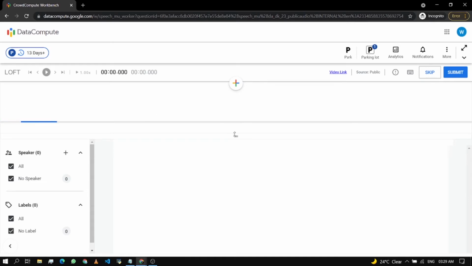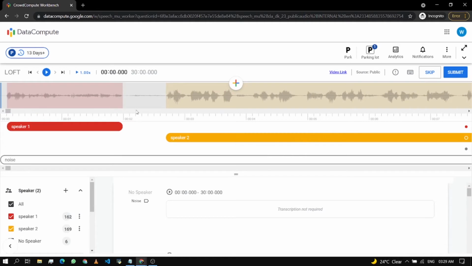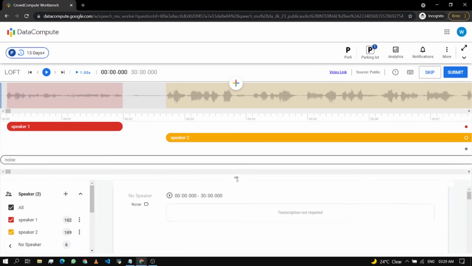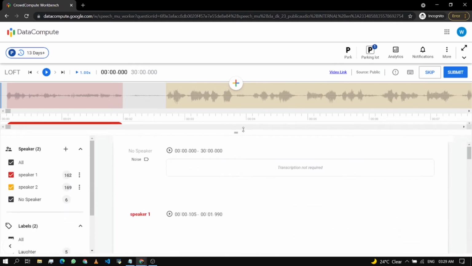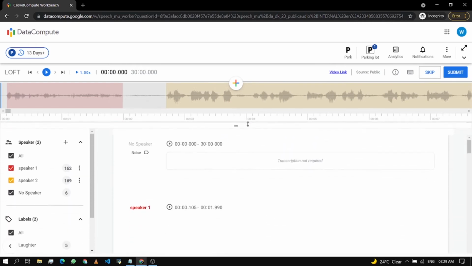It depends on the speed of your computer and the capacity of RAM in your laptop or computer. Remember that you cannot access Loft 2.0 platform from any other device except from a laptop or a personal computer. So as you can see, the task has been loaded properly. So here is a glider which you can use to lift this window up or down. So for my convenience, I will put it up here.